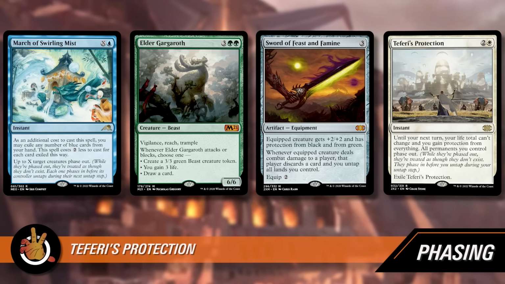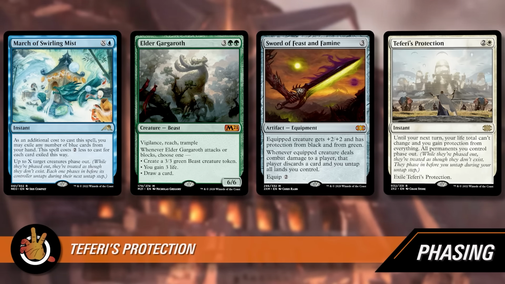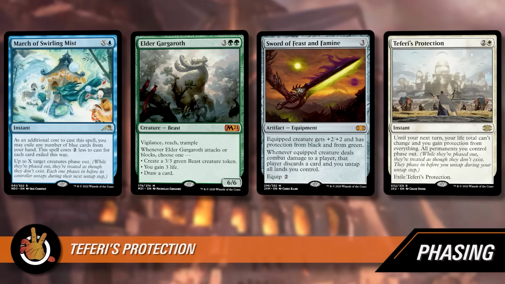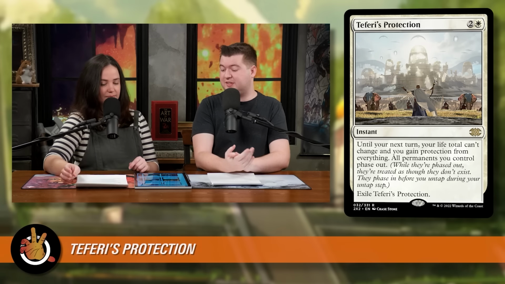The Sword of Feast and Famine will phase out with the creature. You cannot move it. It is there, but not there. Just treat it as though it doesn't exist. It will phase back in before your next untap step. Exactly. So overall, phasing, protection, Teferi's protection, all very confusing things that people get wrong, but if you look